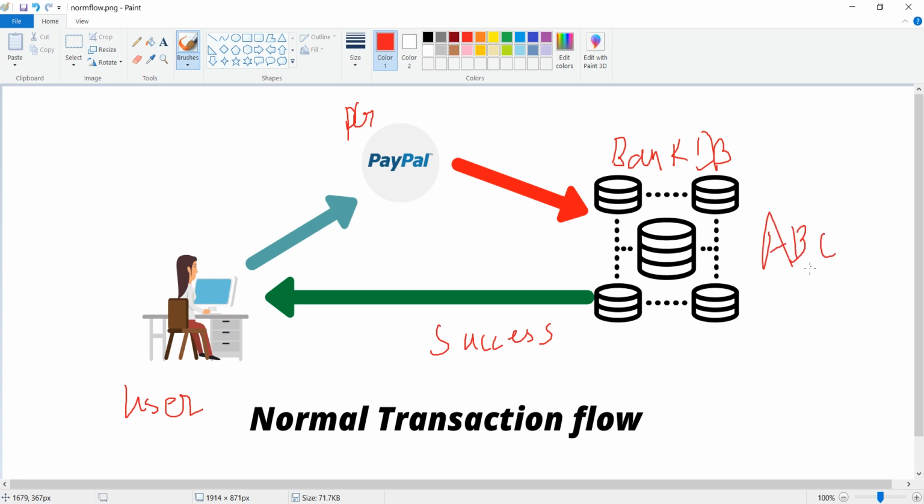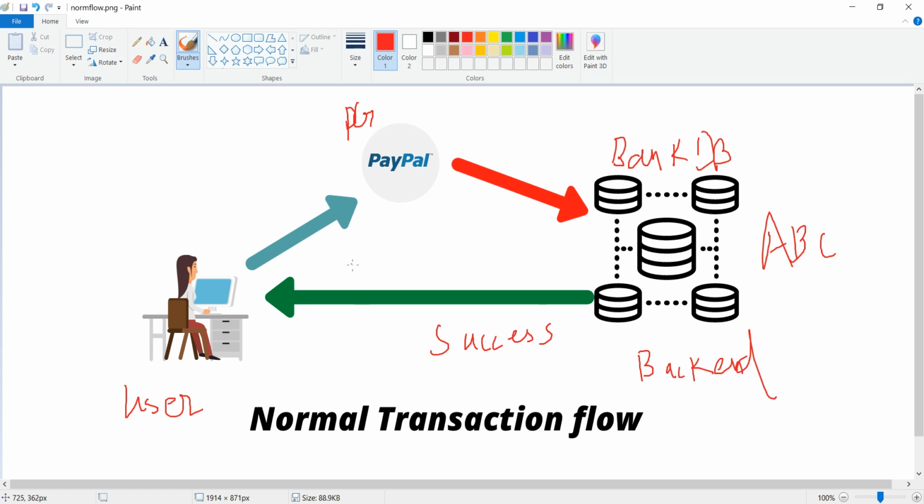You give your credit card details or net banking details, and it will successfully perform the operation at the back end. The back end is the database, and it gives you the response back. This is the normal transaction flow that we do.